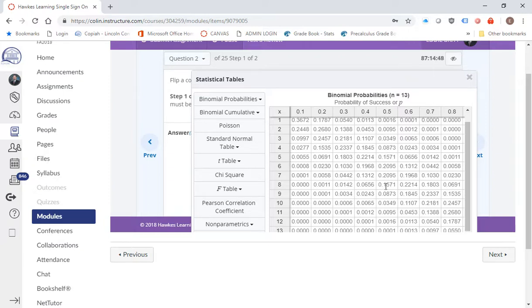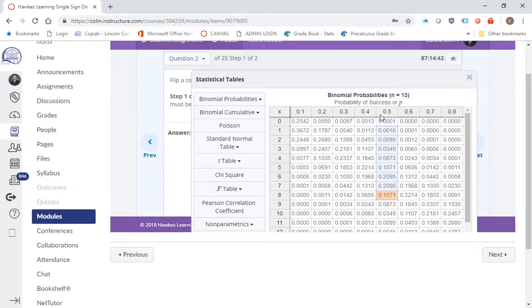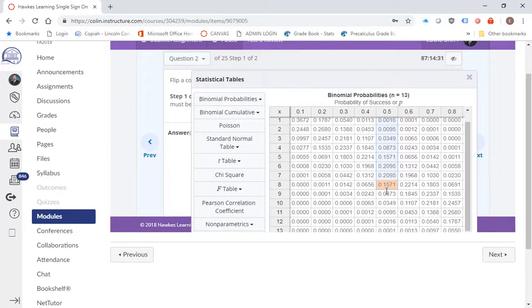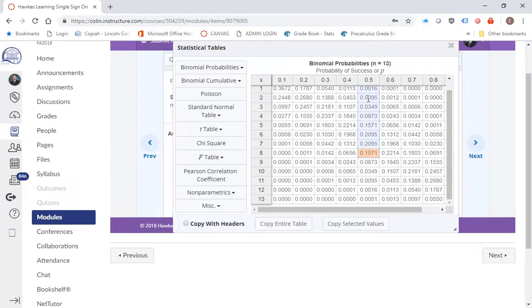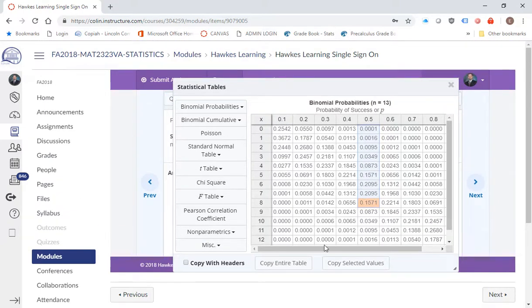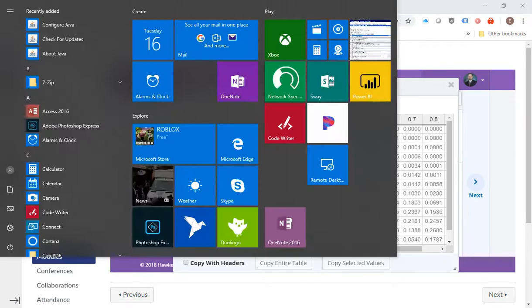So what we can do is just take these values here. Let's take all the ones up to 0. If we take all those and add all of those together, that will give me the probability of getting 8 tails or less. So what you can do is, I believe there's a way, if I select the values, then I could just copy the selected values, and hopefully it copied all of those, not just that one. Alright, and now what I'm going to do, you can put it in a calculator. I'm going to pull up